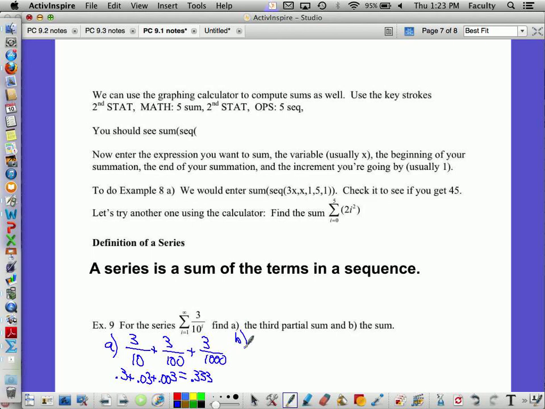Now it's saying we want to find the sum if we add these up infinitely many times. Well, what would it be? 0.3 repeating, which is 1/3, right? So you can find an infinite